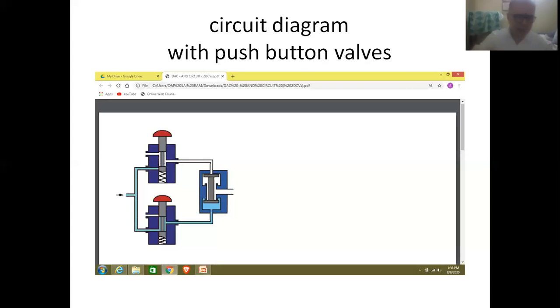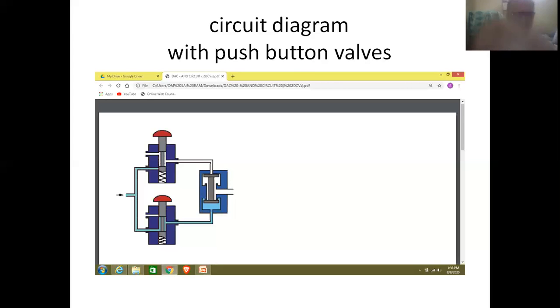And friends, finally, we can see the element of the valve. So we can see the arrangement of the plunger arranged in both the valves. This is fitted to a return spring. Therefore, they are referred to as spring-loaded plungers. And as I've already told you, a push button is placed on the top portions of these valves for moving the plunger in downward and upward directions.